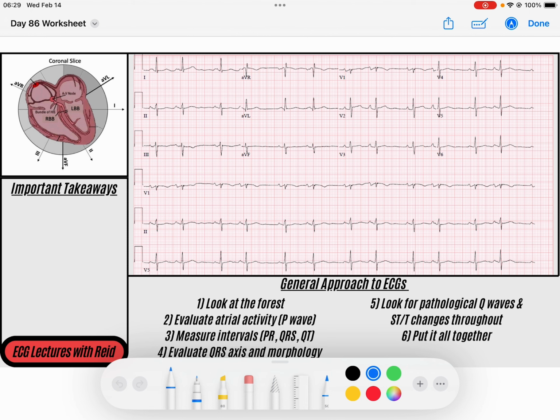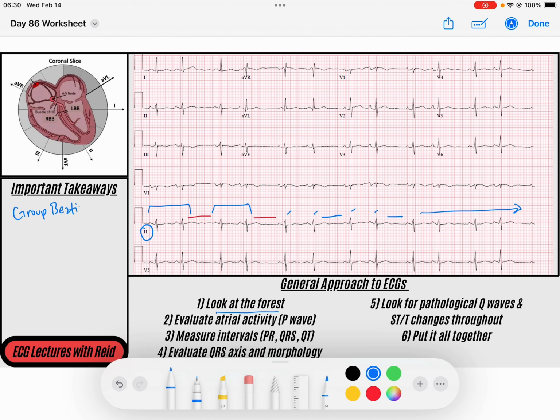So the first thing I like to do is look at the forest, and the trees of the forest are my QRS complexes. I pick lead 2 here, and I've got a narrow complex rhythm that seems to be in this kind of pattern of group beating. We see groups of twos with pauses in between, so we have this pattern of 1, 2, pause, 1, 2, pause. You can see that goes throughout the entirety of the rhythm. And so group beating